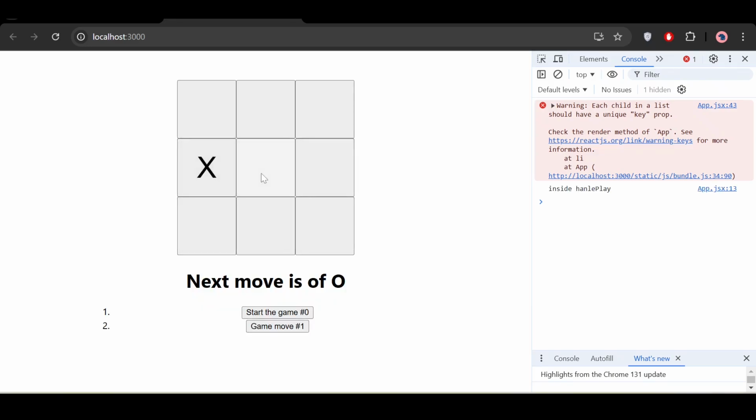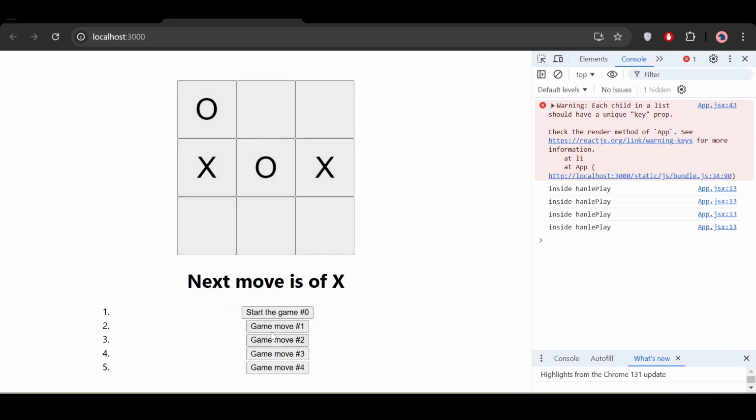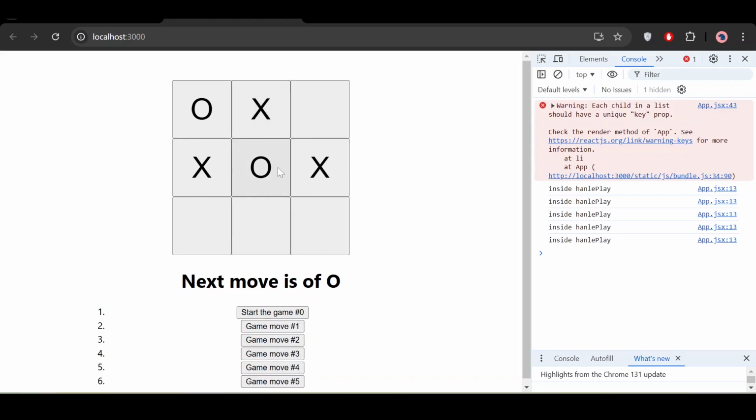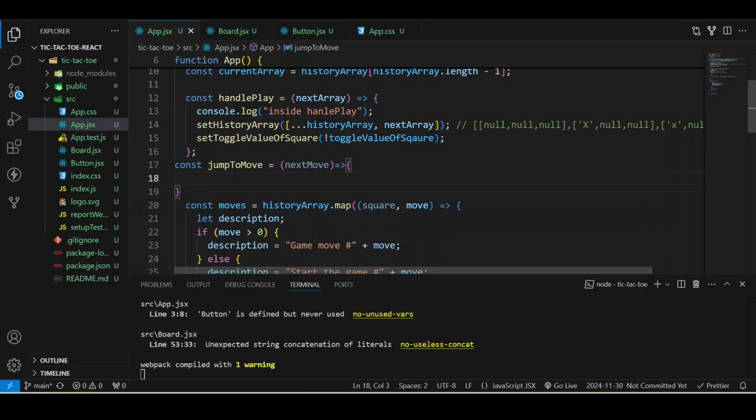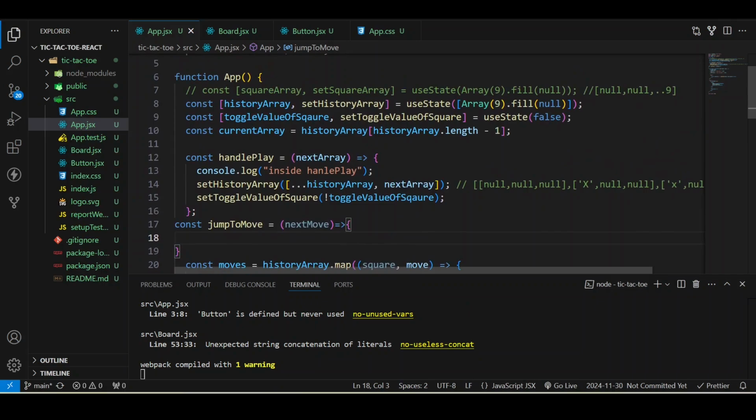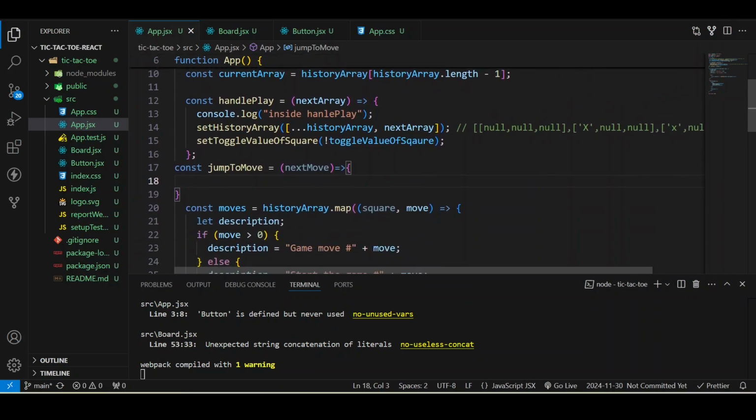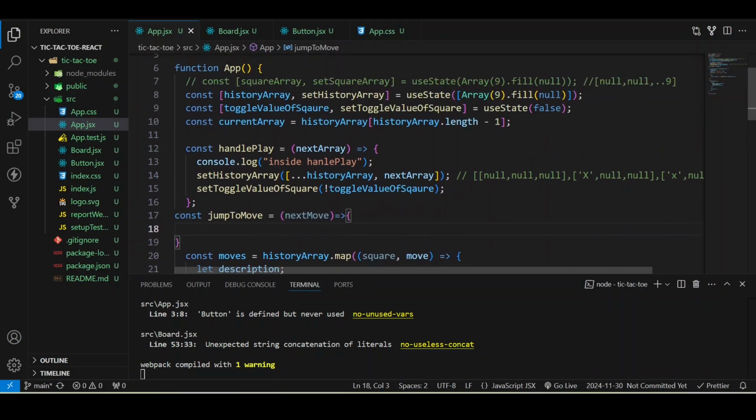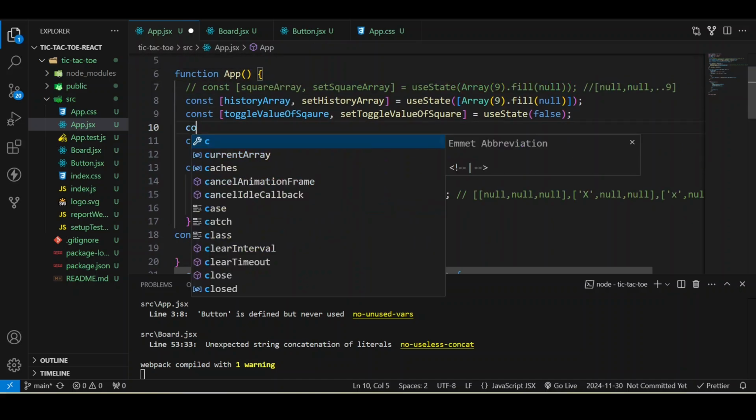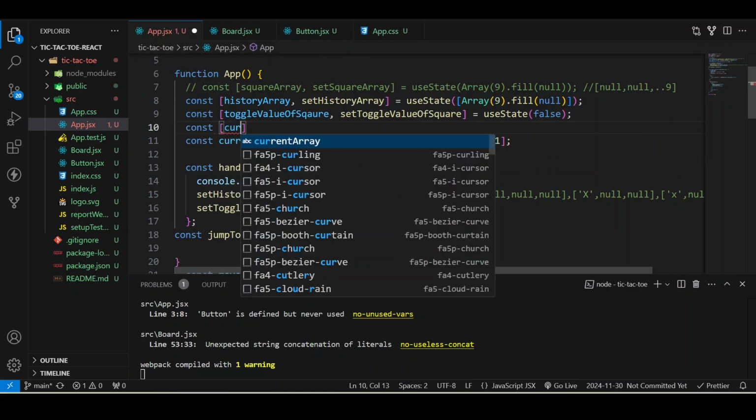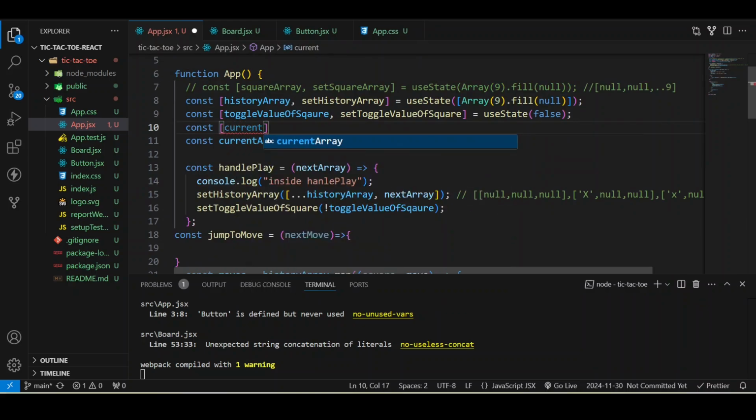Okay, but as you can see, the moves are appearing here now. 0, 1, 2, 3, 4, the moves are appearing, but nothing is happening right now. So now inside this jump to move, we will keep track of the moves as well. In order to do that, we will take a current move as well,